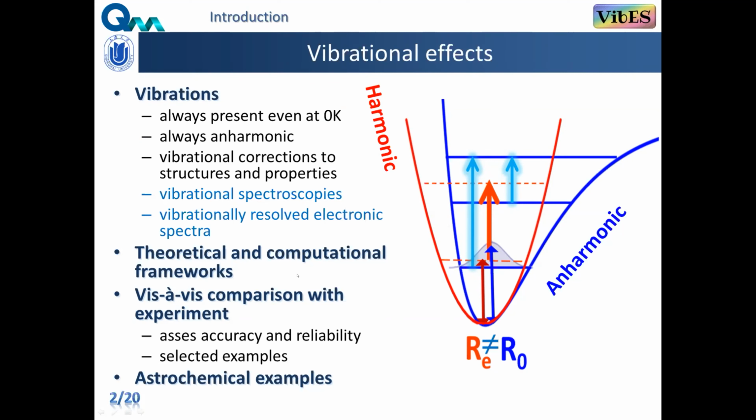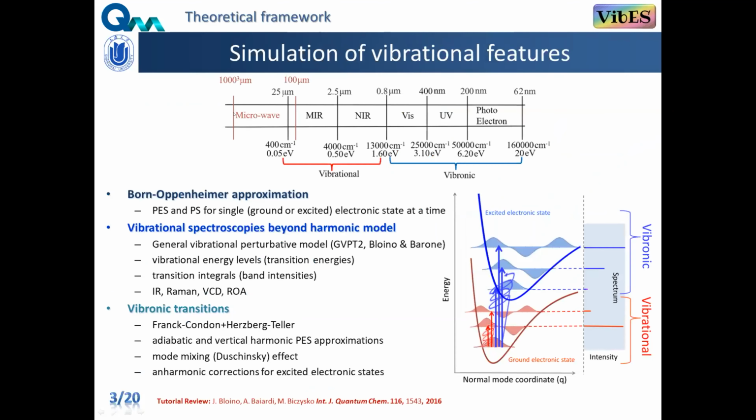So talking about the theoretical framework, I just said I will do it very briefly because there is nothing new. Most of the computations were done by the available software. So when we are thinking about the computations of the broad range of the spectra, here I'm showing between microwave and photoelectron spectra. In particular, if we go from the mid-infrared toward higher energies, we are first including directly